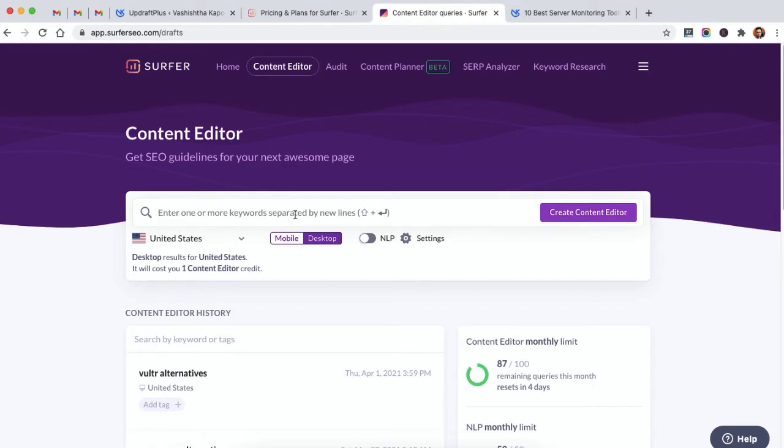When I add my keyword here, I will be charged one content editor credit, as it says here. And as you remember, we had 25 content editor credits in a month on the $59 per month plan. The tool then will create a content editor page with SEO guidelines and suggestions after I enter my keyword here.